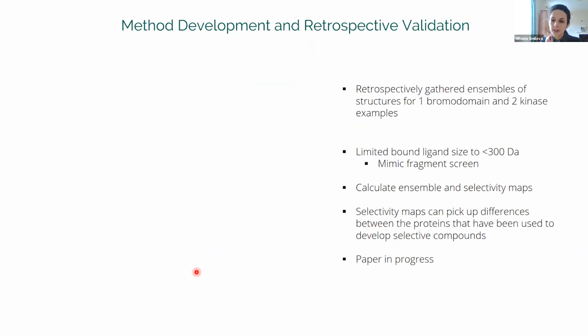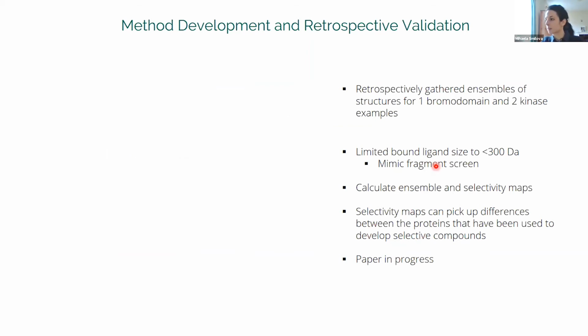And then to validate this method, I compiled retrospective examples of cases where a fragment or ligand has been elaborated with the goal of gaining selectivity over a closely related off-target. And in order to simulate a fragment screening scenario, I used only structures with bound ligands smaller than 300 Daltons. And then the selectivity maps could detect and prioritize binding site features that have been used to drive the development